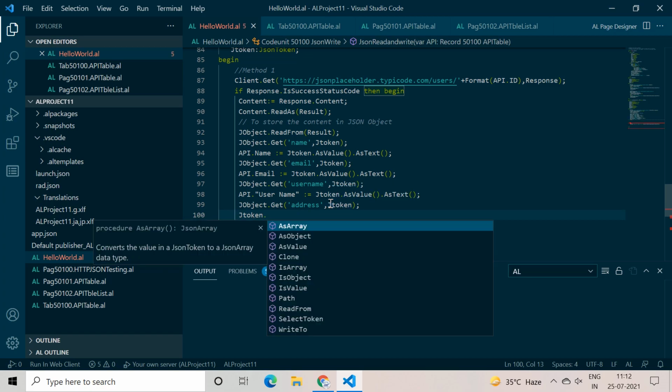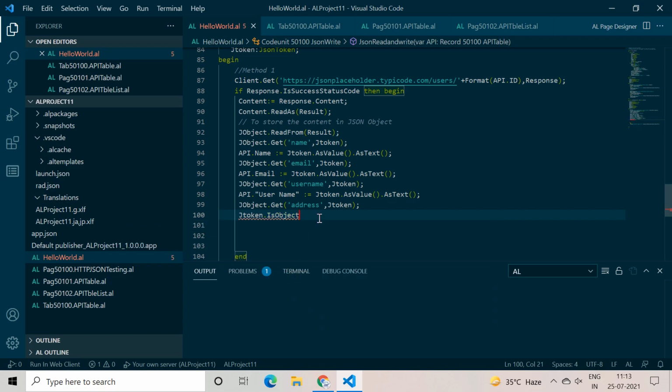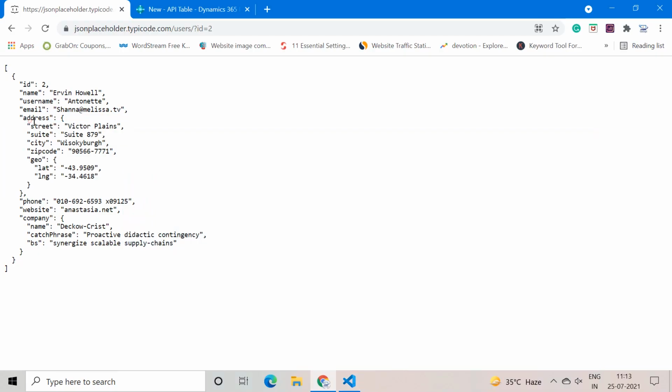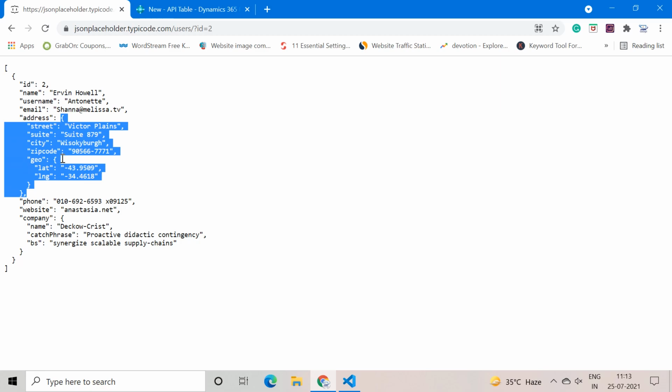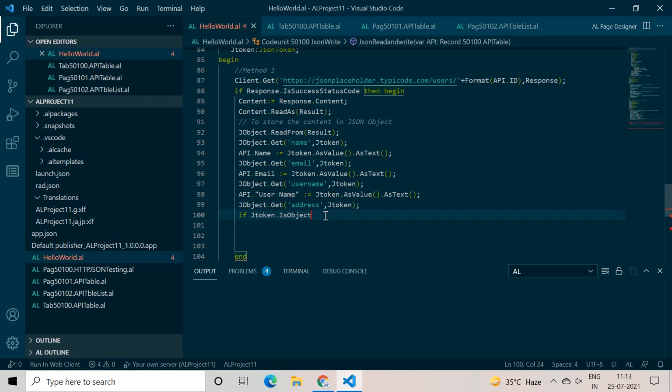So type JSON token, and here you can see that the is object function is available, which checks whether the JSON token contains a JSON object or not. So first we need to check that, because we now pass this address into the JSON token, and we understand from this result that address is something like this, complete. So first we are checking whether this JSON token is a JSON object or not.